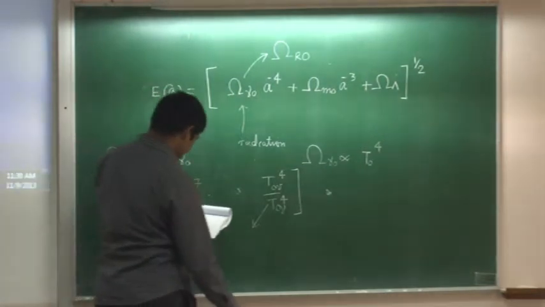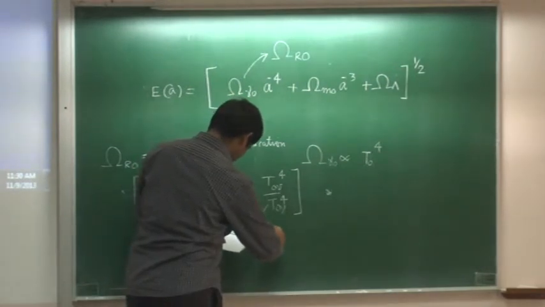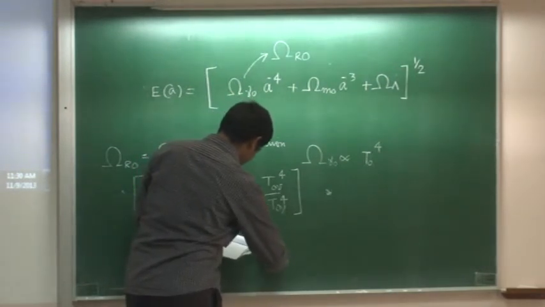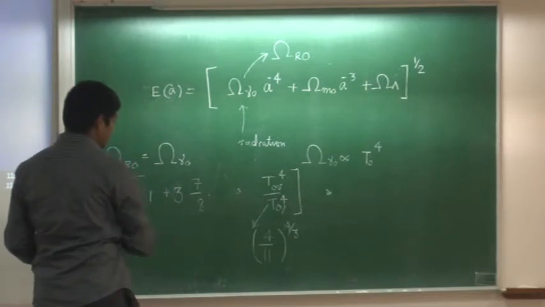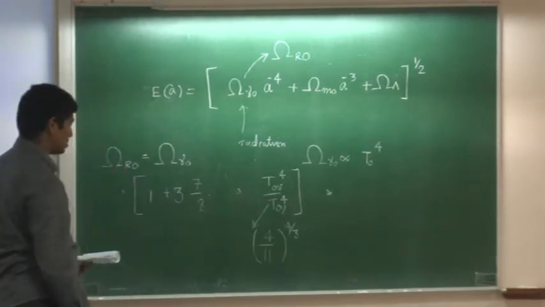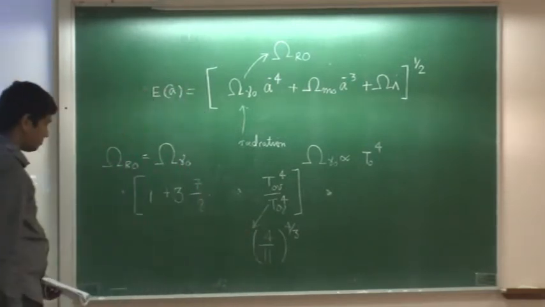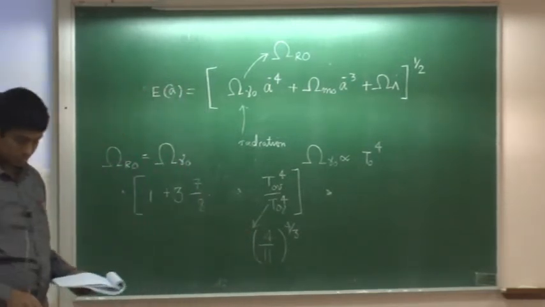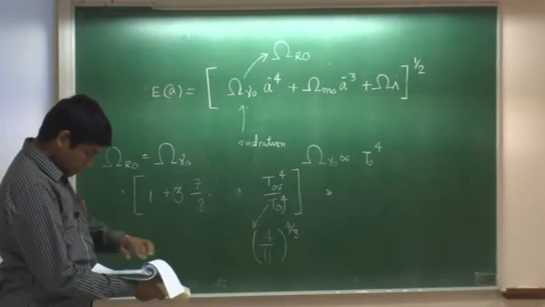So this is 11. So if you put that number here, you can calculate what is R naught. So how much you have to correct for this particular number. Okay, so once you do that,